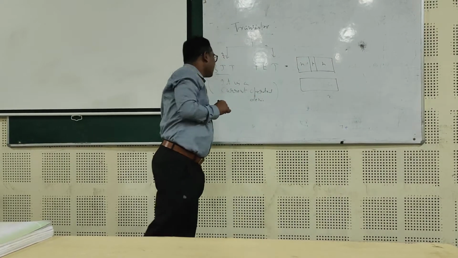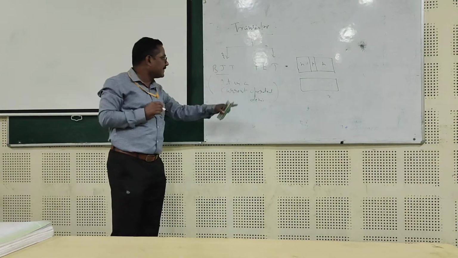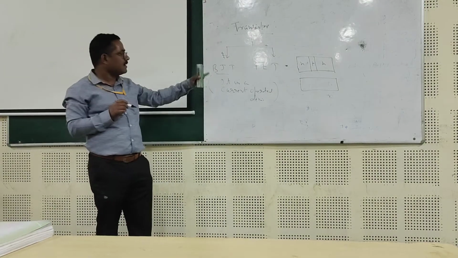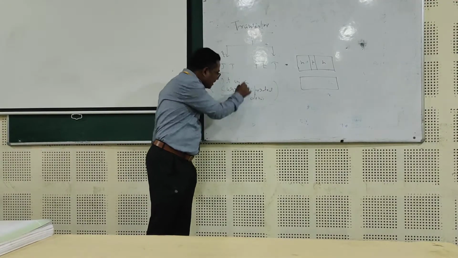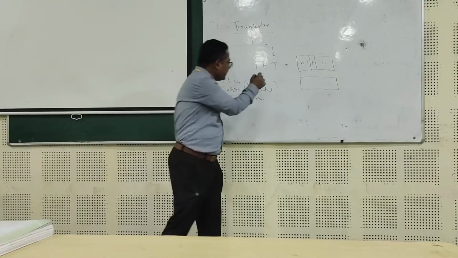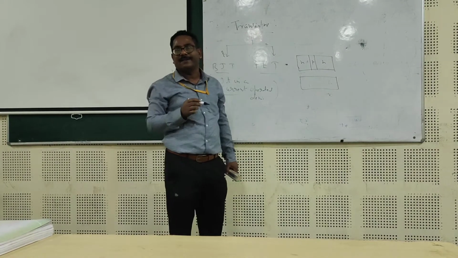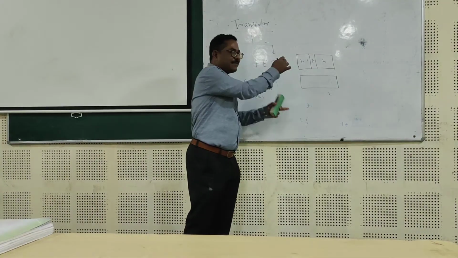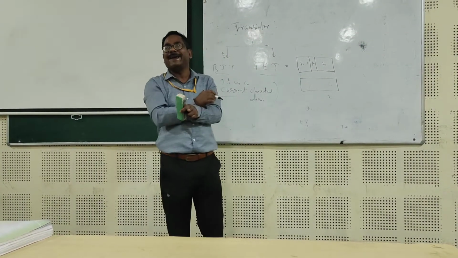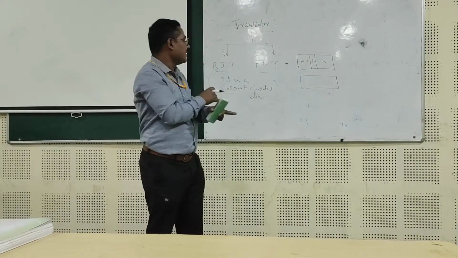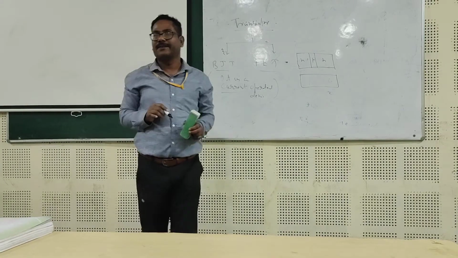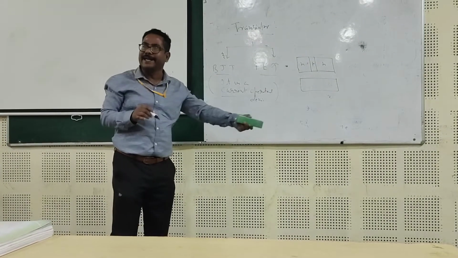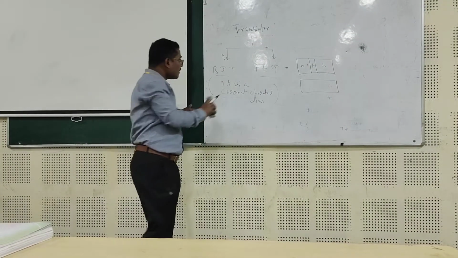So the difference between bipolar junction transistor and field effect transistor is that one is basically a current operated device and the other is a voltage operated device. Further, there is classification into JFET and MOSFET, which we will discuss later in detail. That is a separate unit, the third unit. Right now we are in the second unit.